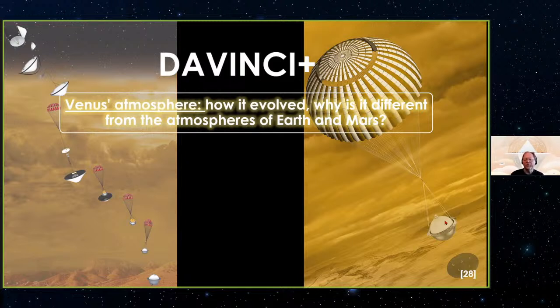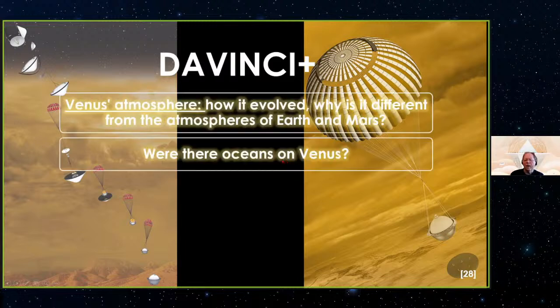If we have a spherical object, we can actually withstand a lot more pressure. Could it be made of titanium? Maybe, but they haven't actually published what it's going to be made of yet. But we do want to try to understand how Venus's atmosphere evolved with this one. It also will help us answer some of the questions if there were oceans on Venus. I mean, I think logically we all feel that there were, but this is going to kind of give us